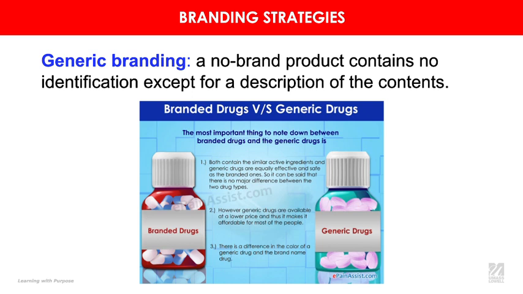Usually you will see this on meds. It happens a lot that you will have the branded one like Tylenol and things like that, and you will have another option that doesn't have a brand and is usually cheaper because brands are also expensive. You need to file a patent for your brand, you need to register. So there are many things that if you don't care about selling a brand name, you can also use a generic name and just disclose what you are selling.